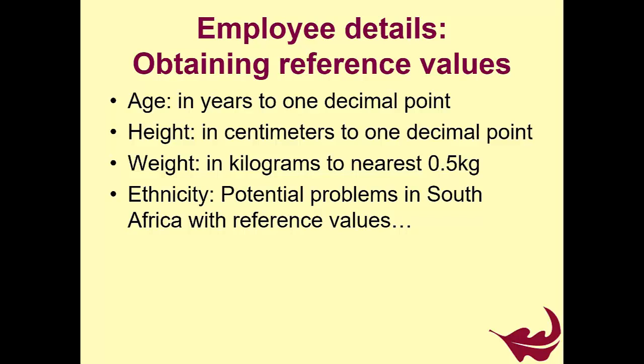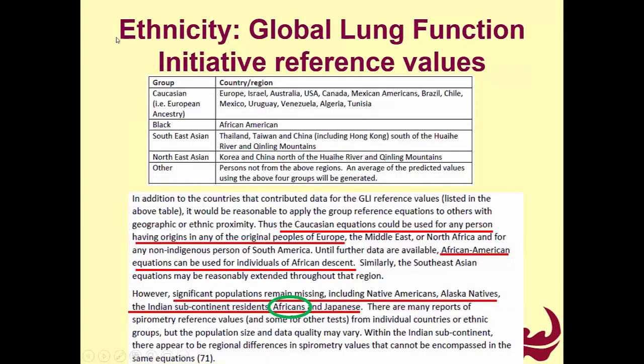Age must be completed in years, but also to 1 decimal point. Normally, if you just insert the date of birth, some of these will calculate it automatically. But the latest reference values used in spirometry actually use age to 1 decimal point, height in centimeters to 1 decimal point again, weight in kilograms to the nearest half a kilogram, and then ethnicity must also be included. But when it comes to ethnicity, there's potential problems in South Africa, because the move is going